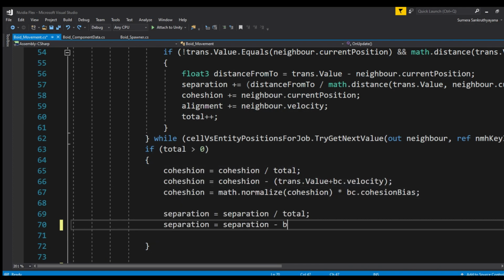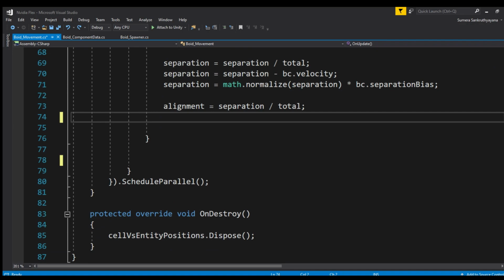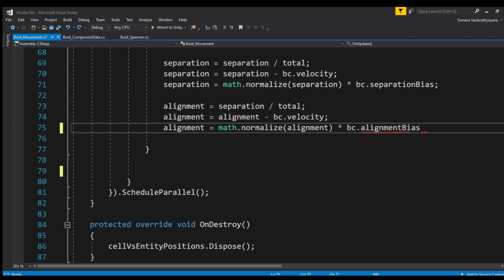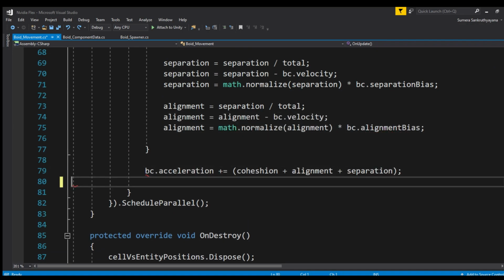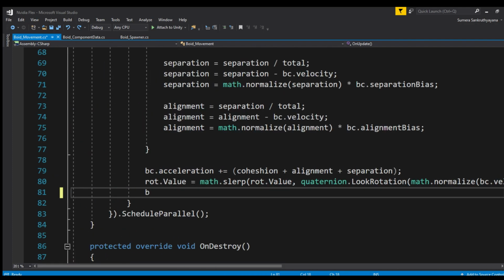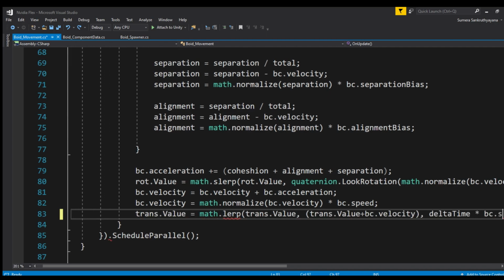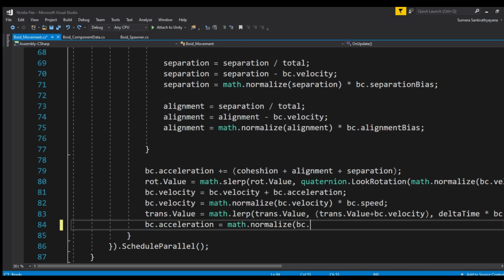Finally, we are going to add all the forces and scale it up to the specified speed value to get the acceleration, which can now be applied to the position of the boid over time as velocity. We will set the acceleration towards the default target, which we can specify from the editor, also with the bias value. This is optional, but it just makes sure no boid escapes completely from the flocking system. You can think of this as a small gravity well.